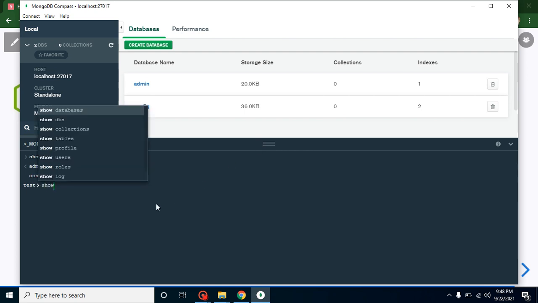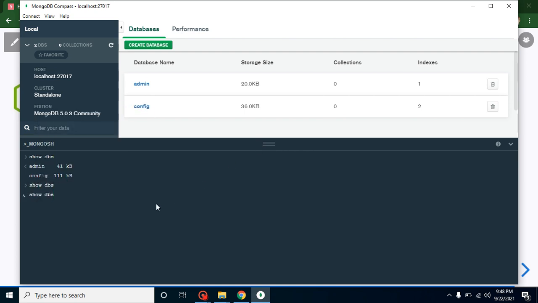To check the list we can simply put the command show dbs, and we have the 2 databases. Now let's say you want to create a new database. Simply put use and your current database. If you put the current database, it will stay on it and you can use all your commands for the admin database.